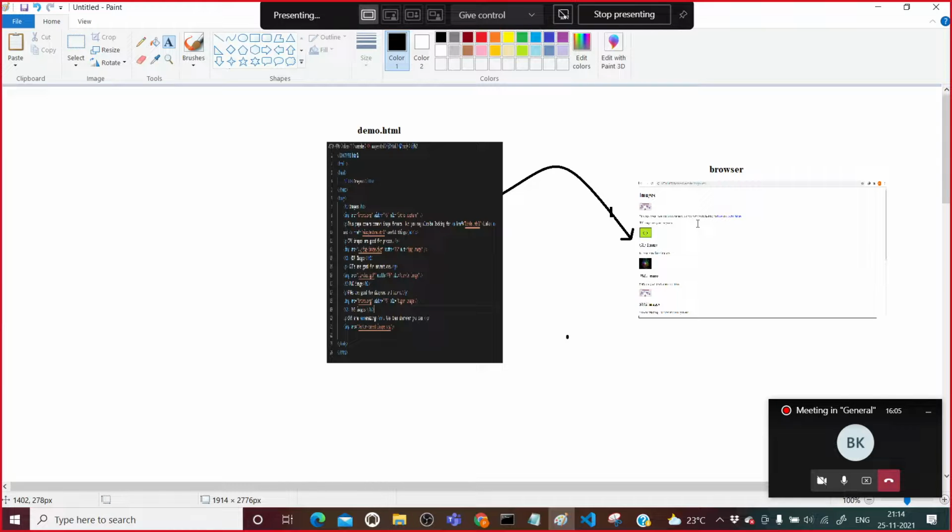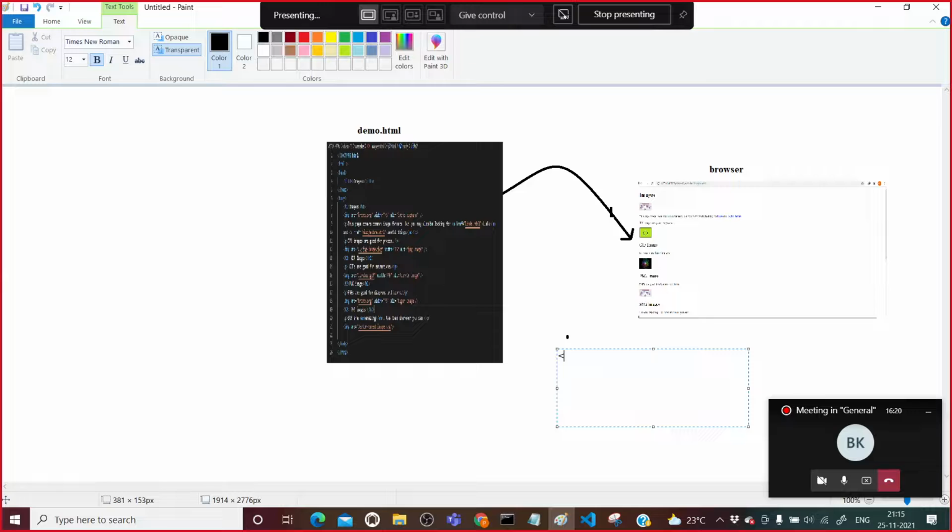Now, to tell this to the browser, we use an attribute on the HTML element. That attribute is called lang. We use it on the html element, and in lang we define a short code, an encoded character for the English language.